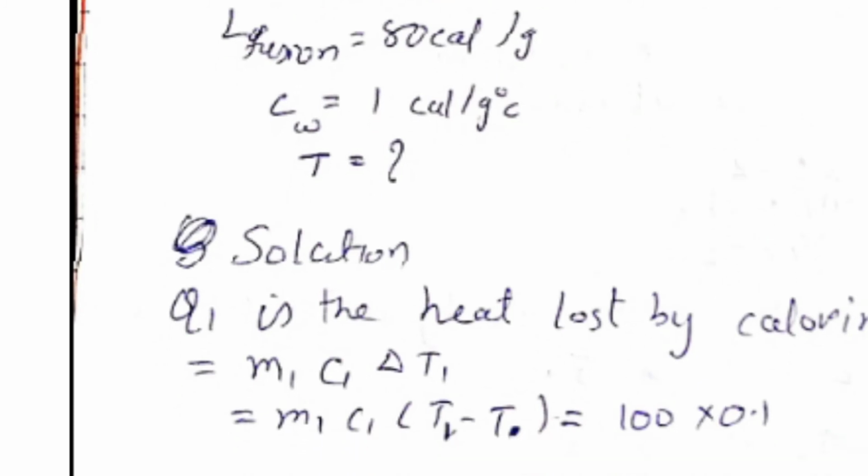Of course, there is ice I'm going to use because the ice will get converted into water. So latent heat of fusion of ice is 80 calories per gram. Then specific heat of water is 1 calorie. Right? So those are all the things which I'm going to use because ice will get converted into water.